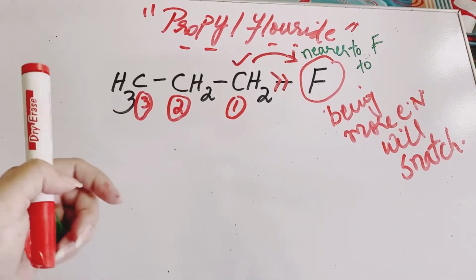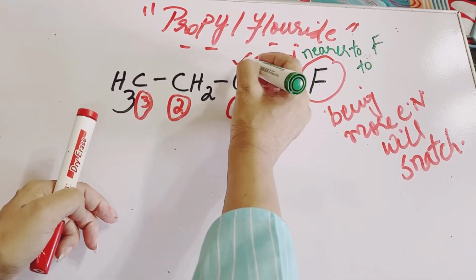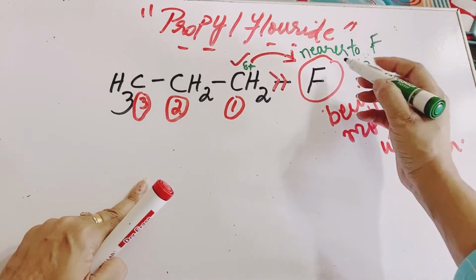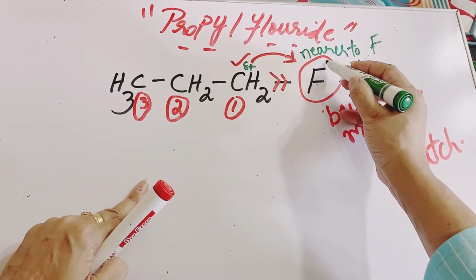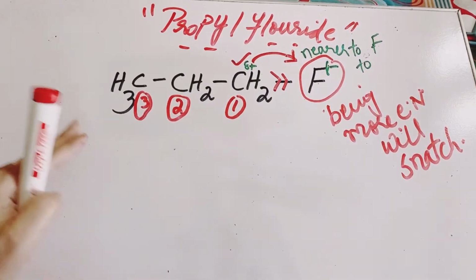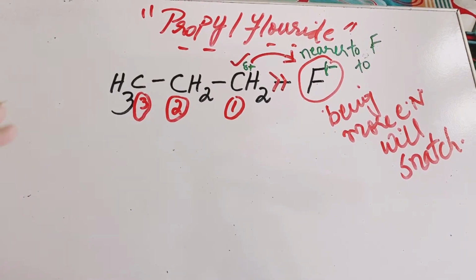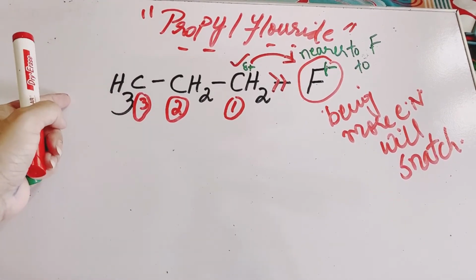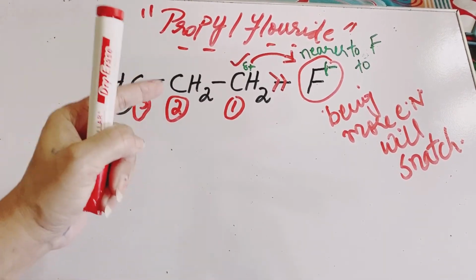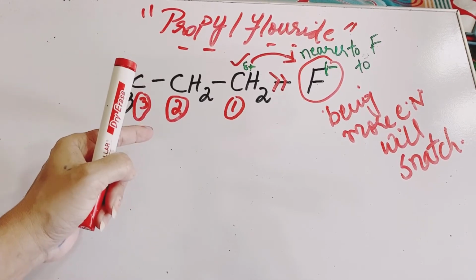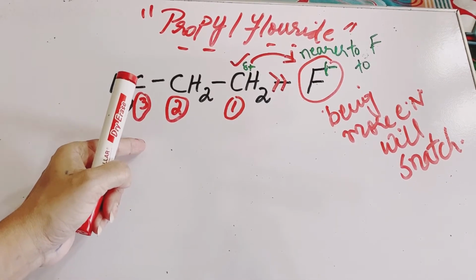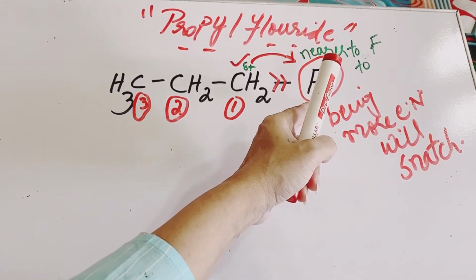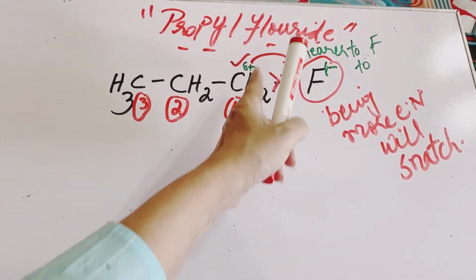It will have a partial positive charge over it, right? And the fluoride ion will have a partial negative charge over it. Whereas carbon number 2 and carbon number 3 are also affected the same way. They also face the same pulling effect, but with less strength. But carbon number 1, being the nearest to the most electronegative atom, will suffer the most, will have the partial